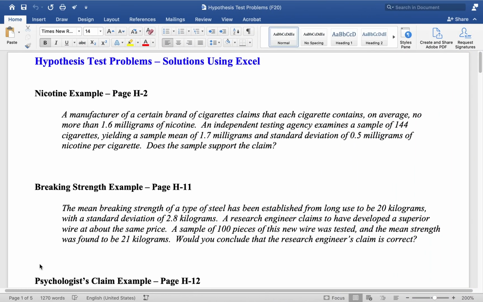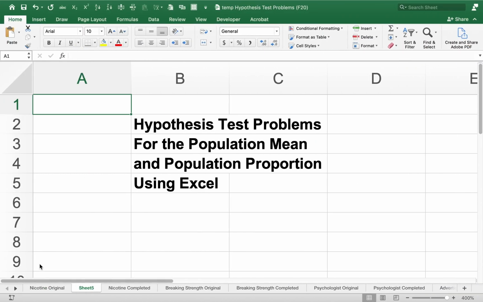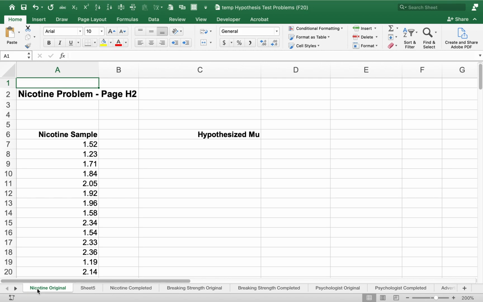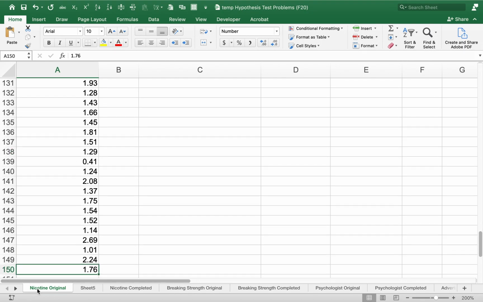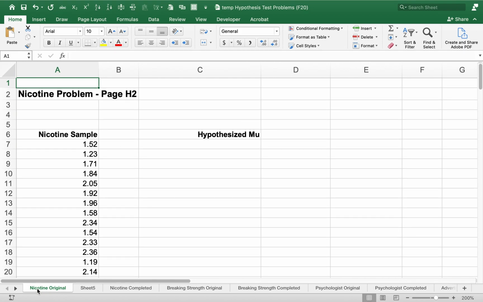So again, we're going to take a look at that first problem, H2 on your manual. And let's go back here. And I want to take a look at this page right here. So what I've done here is I've actually reproduced the sample here. Had to do a little bit of calculating here so that the mean turned out to be exactly 1.7 and the standard deviation was 0.5. But I've got a bunch of values, 144 of them,